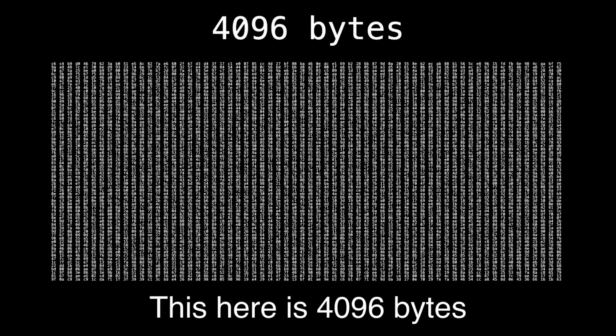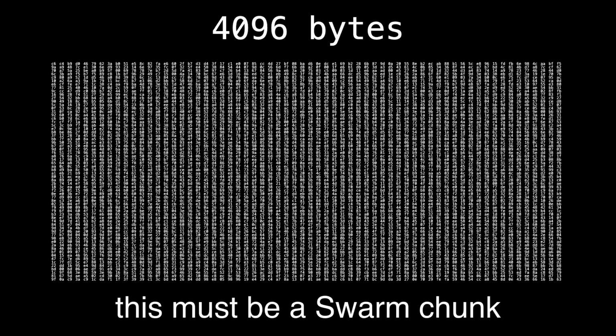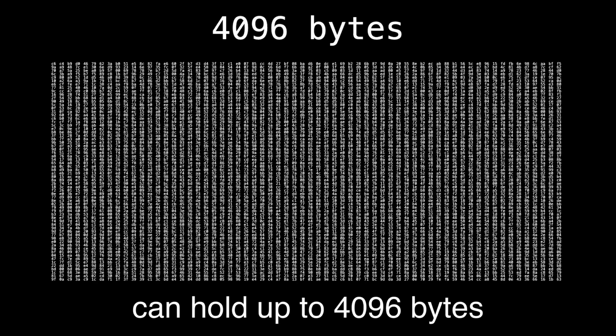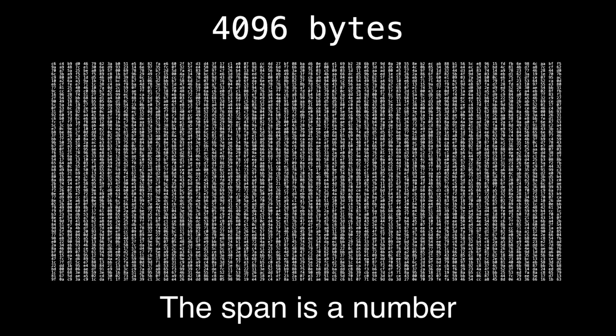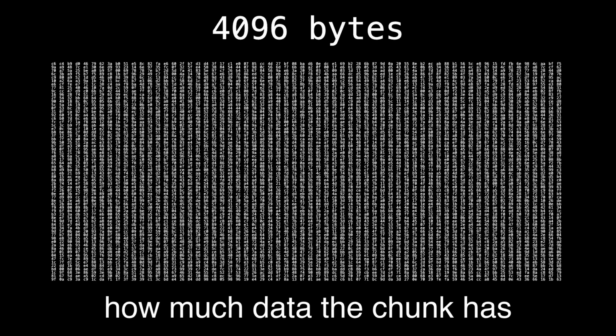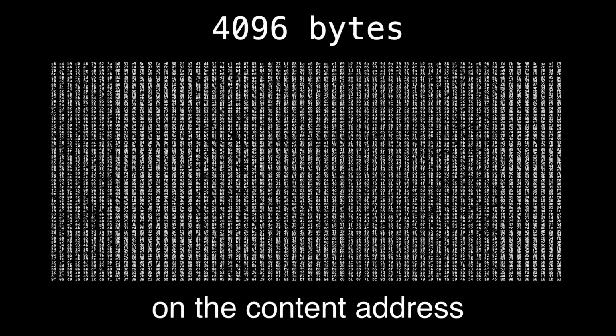This here is 4096 bytes. So this must be a swarm chunk. But it's not. While it is true that one swarm chunk can hold up to 4096 bytes of data, it actually has an extra 8 bytes, the span. The span is a number stored in 8 bytes, which tells us how much data the chunk has. Not only does it make one chunk 8 bytes longer, but it also has an effect on the content address